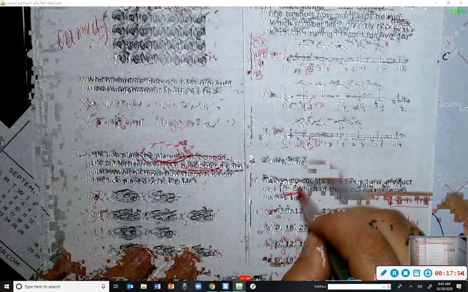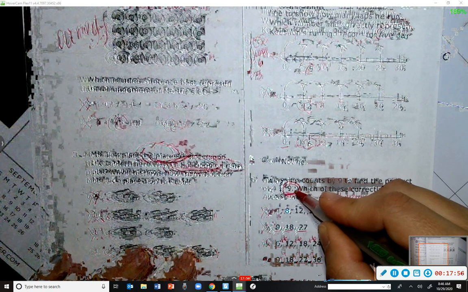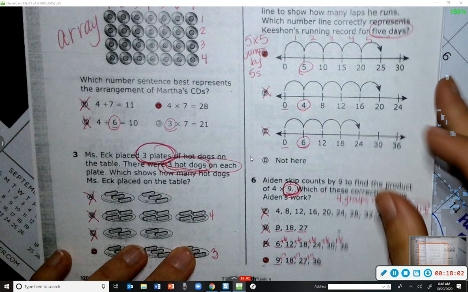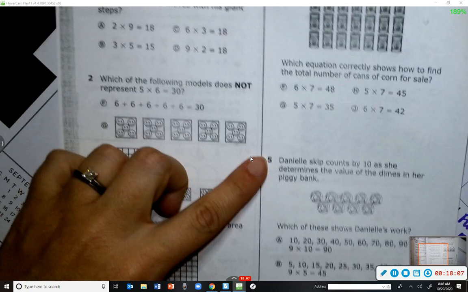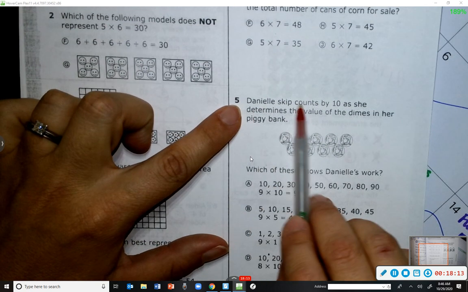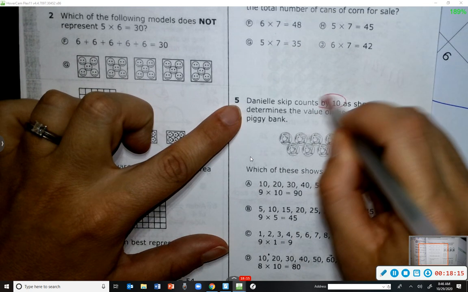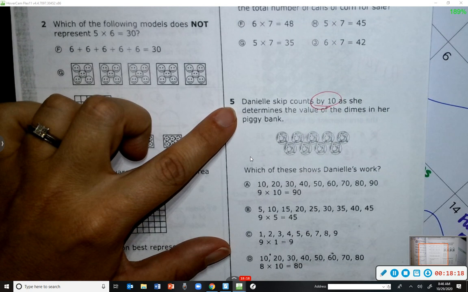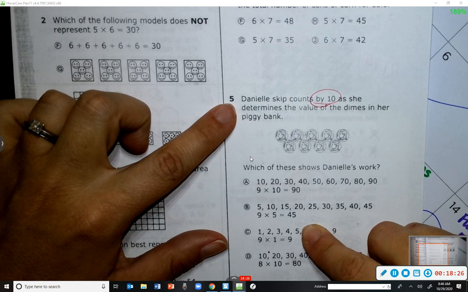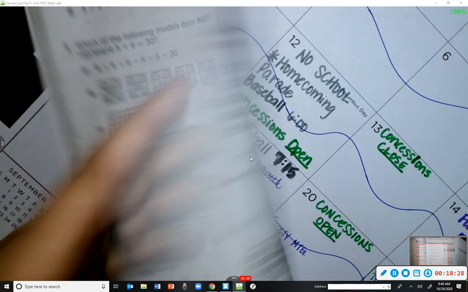When you get to the skip counting ones, just circle that second number. That's what you want to be skipping by. Skip by 9s on this one. Okay? So on number 5, on the second page, it actually tells you what she's skipping by. Danielle skip counts by 10. Okay, circle that. She skip counts by 10. Not 5s. 10. Not 9s. Okay. Let's go to